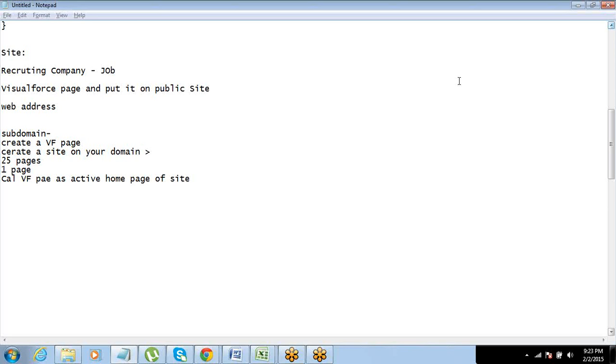So, Jeet, if we create one site for a particular purpose as a developer, we need to delete it and recreate the web page. Am I right? For developer edition, they have just given you one thing. So you have to delete and create the other one. That is how it is. But on enterprise edition, if you have it, you can create up to 25 pages.